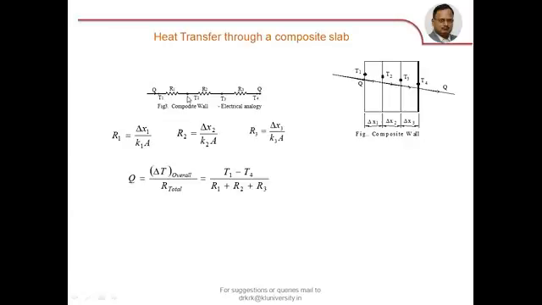You can also write Q is equal to T2 minus T4 by R2 plus R3. See, you can play with this circuit to determine the unknown parameters in this. You have several options. Whichever way you feel, depending on the data given, you can try and determine the interface temperatures and heat transfer